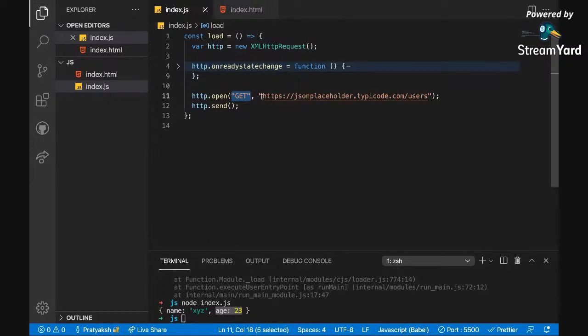In our case, that URL is this user, and we are using a method called get. Get means that we are looking for data on the internet, going on the internet and bringing the data in. Then we have something called post. Post is when we have some data and we want to put that data somewhere.